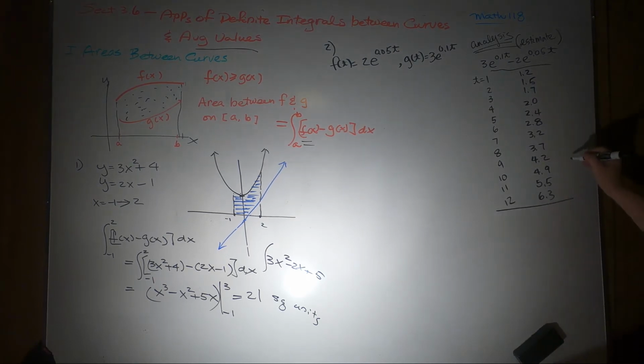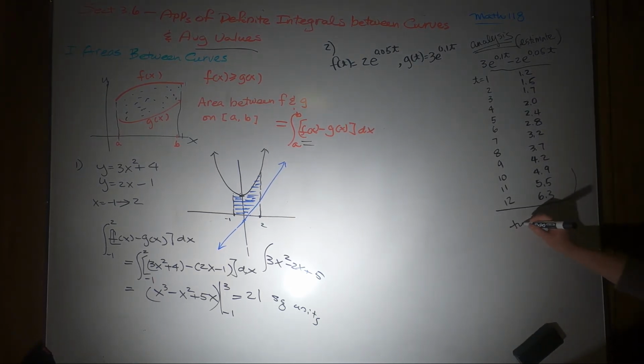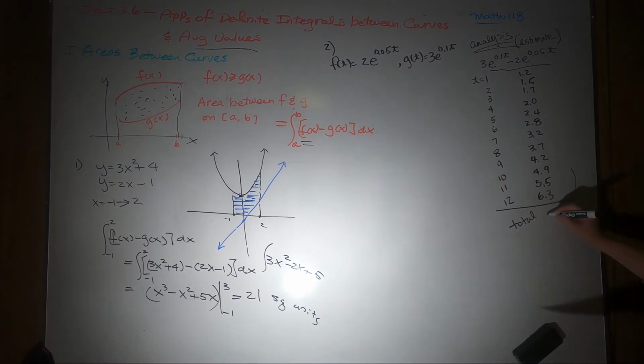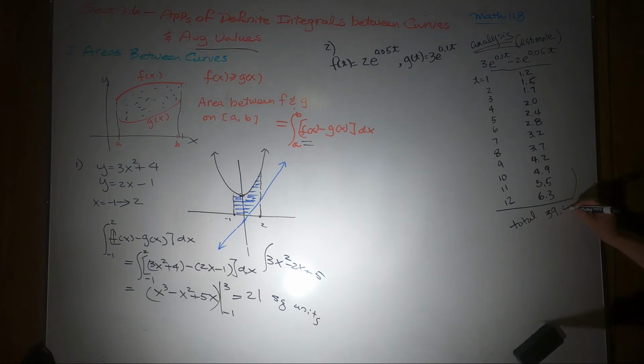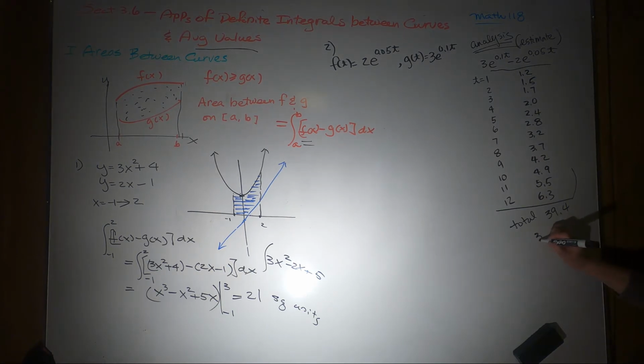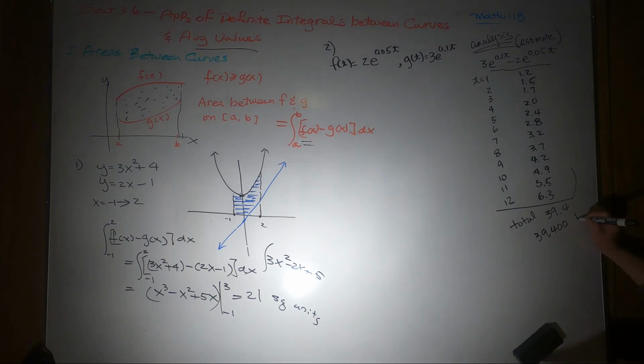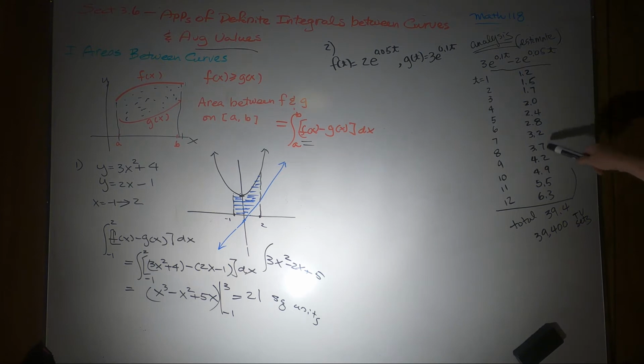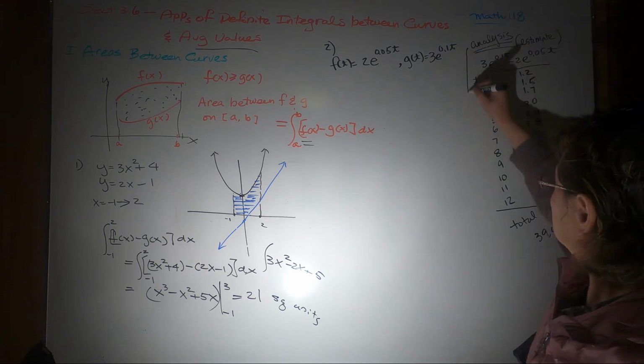So when I add all of them together, I will have a total of around how many? 39.4 thousand sets. That means I will sell that many more TV sets during the first year. So I'm just doing the analysis,